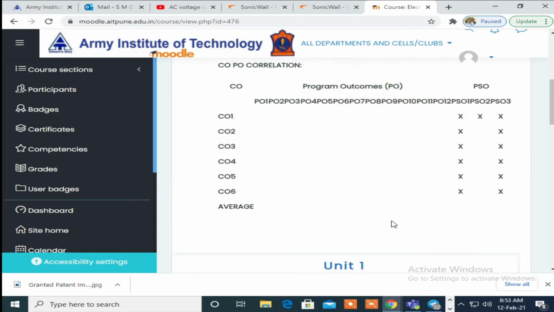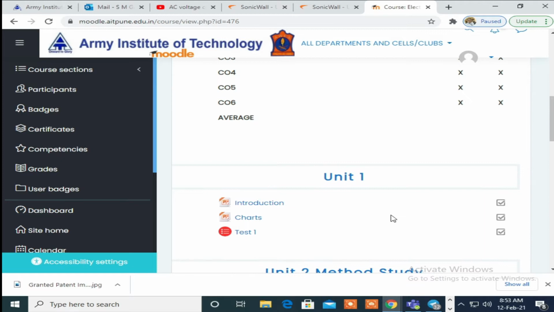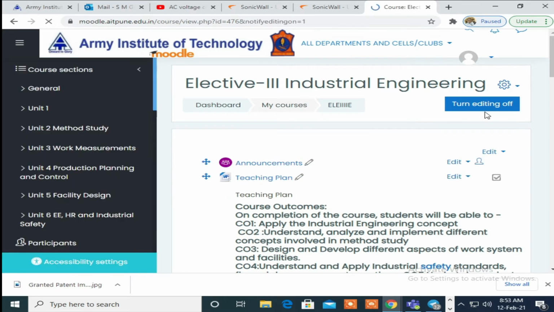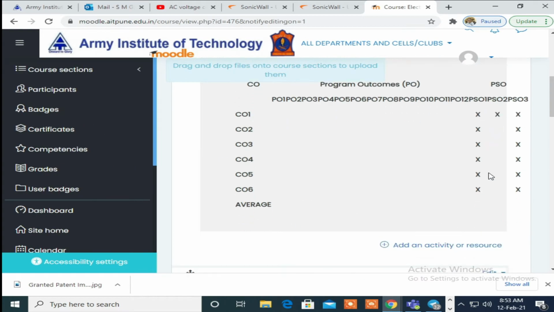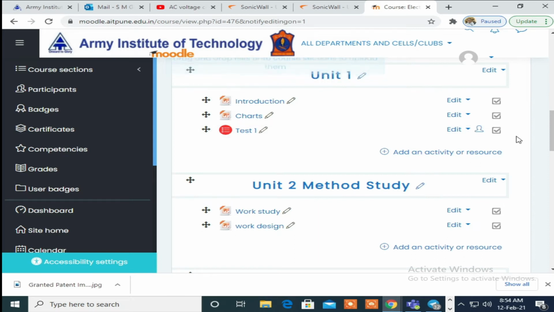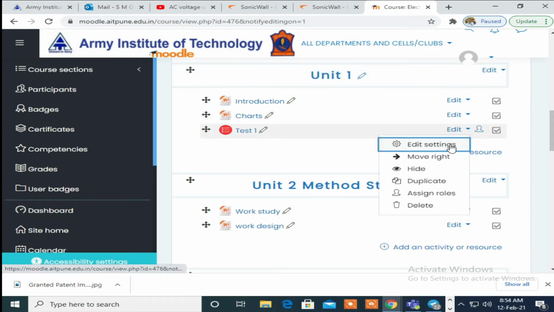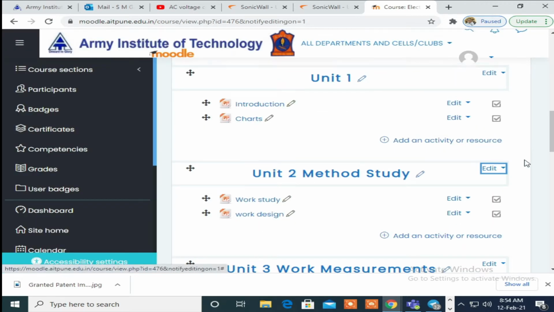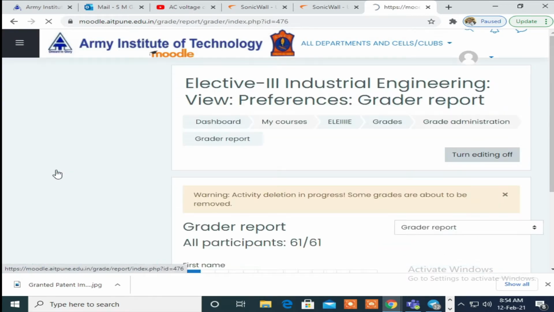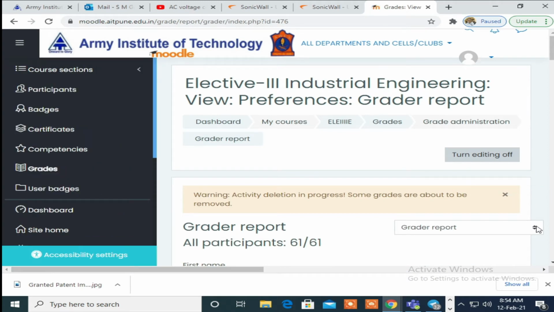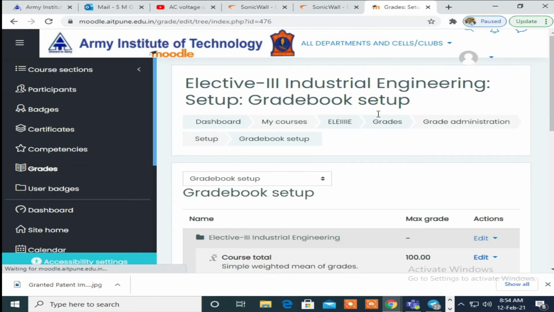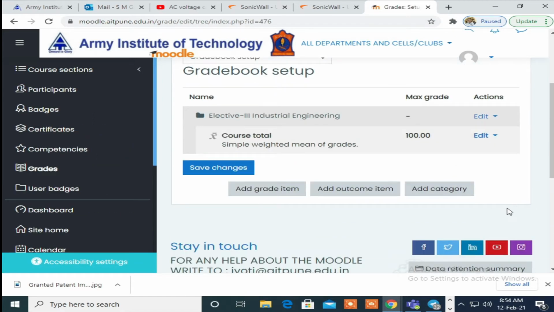For that purpose we need to go again to the dashboard, then select our subject, then turn editing on, so that you can delete it. I want to delete, so go in edit. Okay, so likewise I have deleted it.